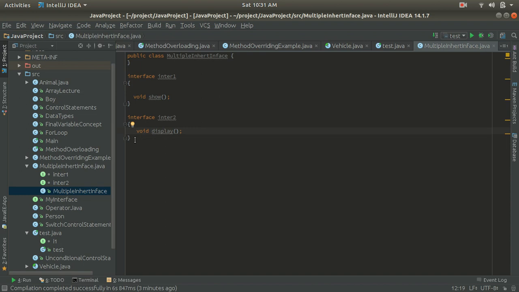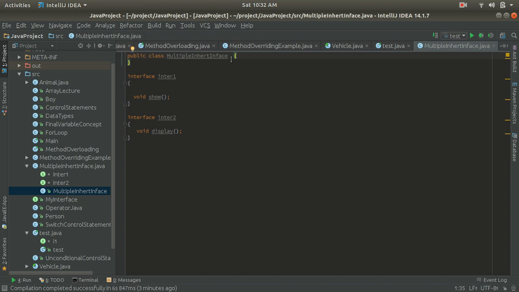Now I will inherit these interfaces, inter1 and inter2, into our multiple inheritance class.